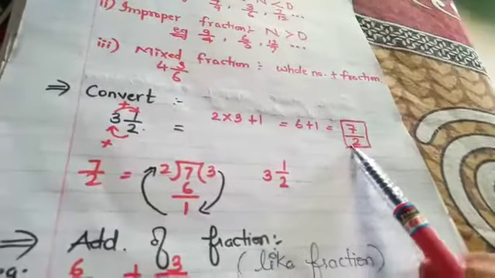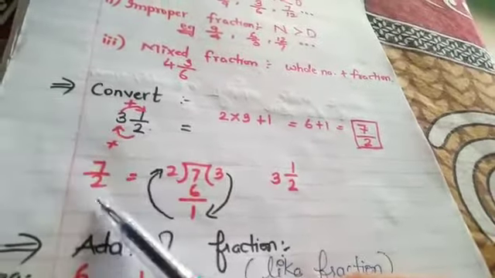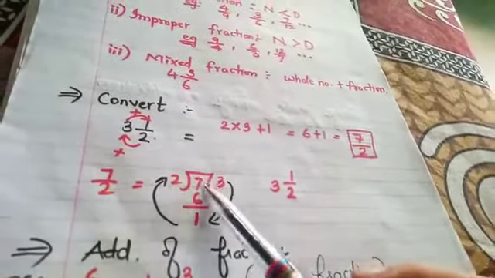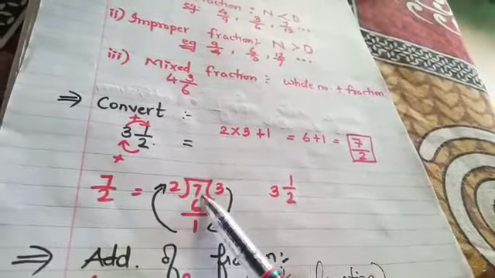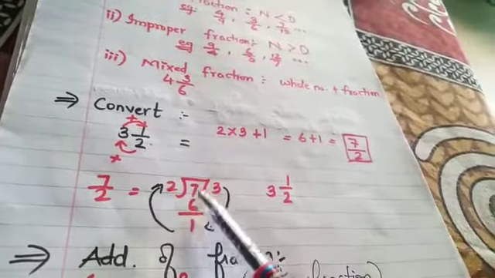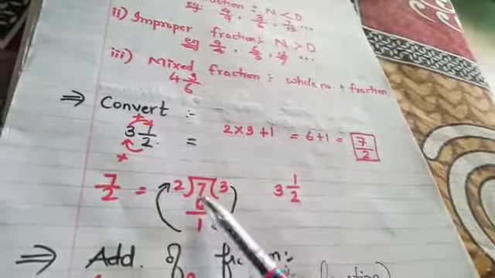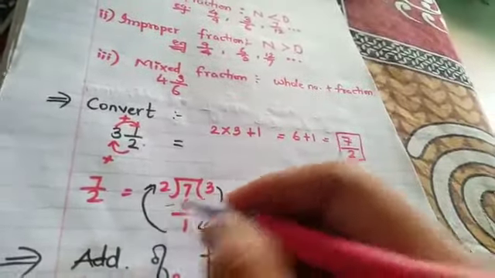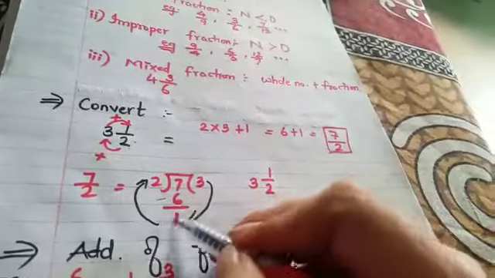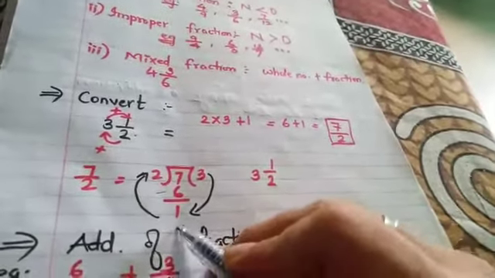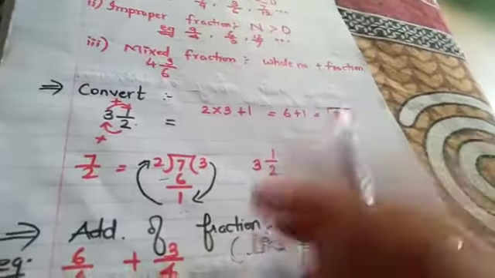If we want to convert into a mixed fraction, how will you do it? See, 7 upon 2, we have to divide like this, 7 inside, 2 outside. In the table of 2, 7 will not come, but which number is smaller than 7? 6. So 2 3s are 6. 7 minus 6 is what? 1. So how will you write? First you write 3 integer and then 1 upon 2 as the fraction. 3 integer 1 upon 2. Okay, now